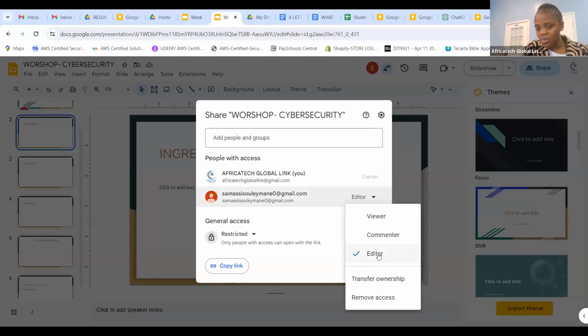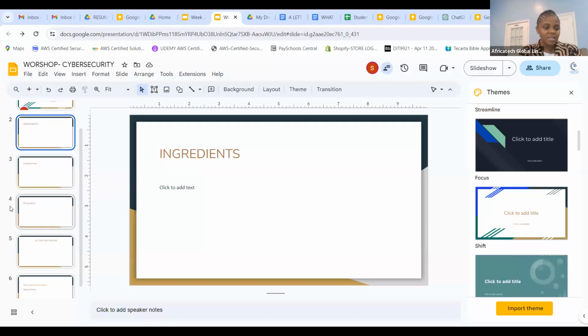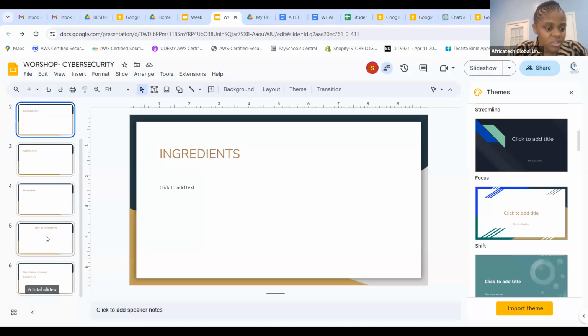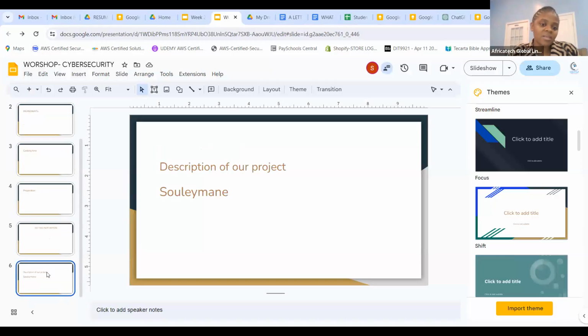If it's an editor, he can write his own stuff. So I gave him that access. He can create a slide. Sometimes you just practice and create a slide where you tell us this is what we did. I have 6 slides so far, so I want you to open the 7th slide, and Noble will also open the 8th slide, and then you will practice to do something, and then let's put some animation there, and then we are done for today.